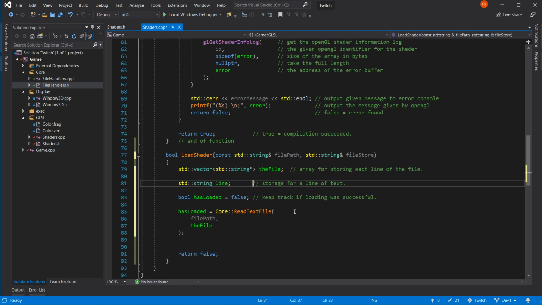If it makes sense, do it. So, what we got here? We have a function, core, file handlers.